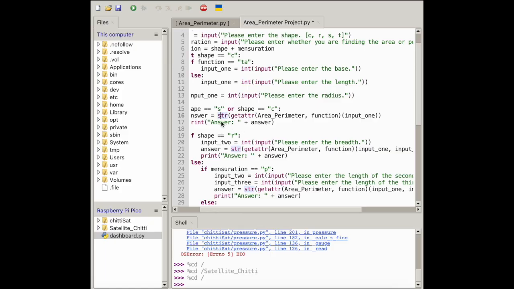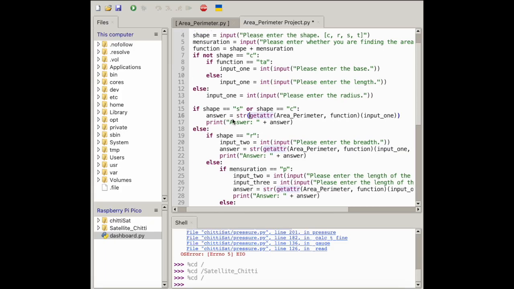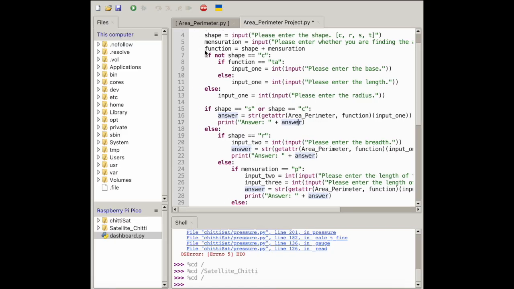So that's why we convert this answer into a string, so that we can combine the string with the variable which holds a string. Now you might be thinking, okay, but why didn't we use a string over here? Well, you're right, we could use it, but the answer wouldn't change, because